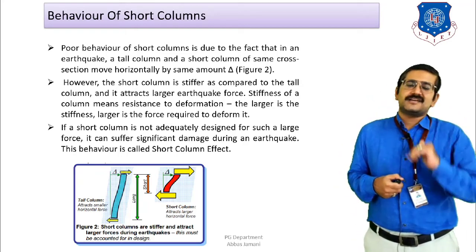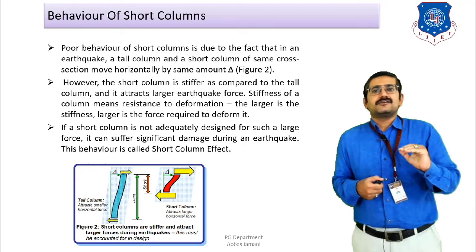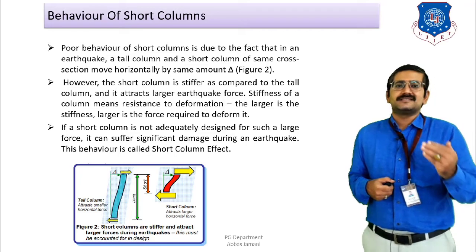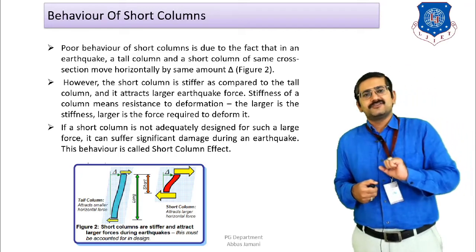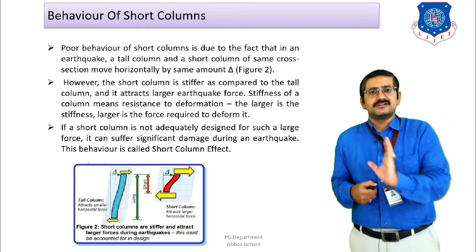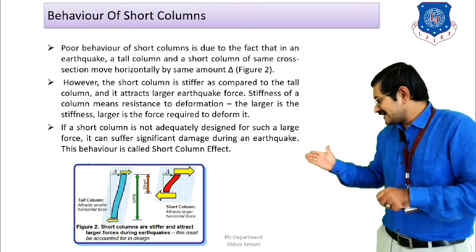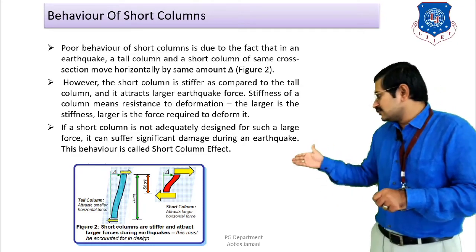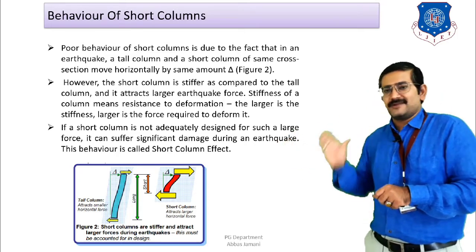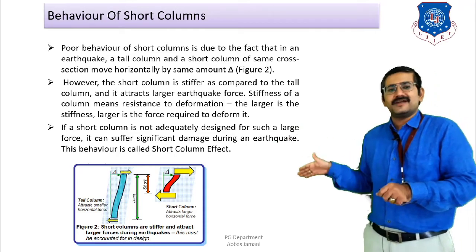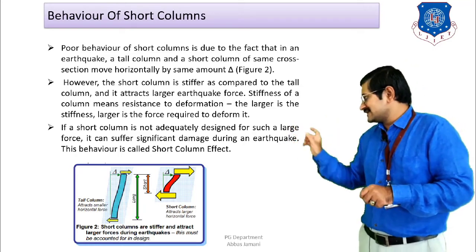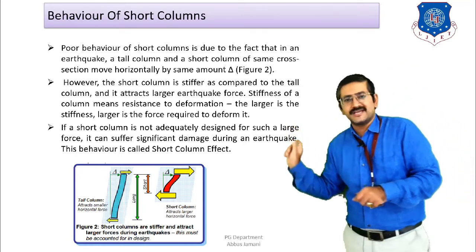Now when lateral forces act on this particular building, the forces will be evenly distributed, and we can safely say that the horizontal displacement, that is the back and forth movement of the building, is going to be by the same amount, that is delta, as shown over here in the figure. The blue column is the tall column and the red column is the short column. In both cases, the horizontal force is applied from left to right, and as a result the sway of the column at the top occurs, and that value is shown as delta in the figure.